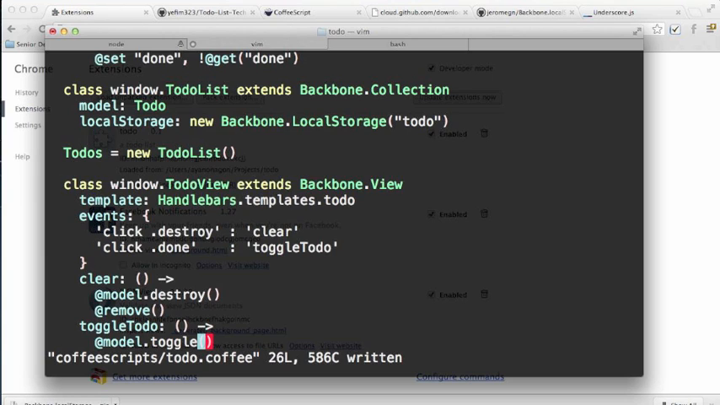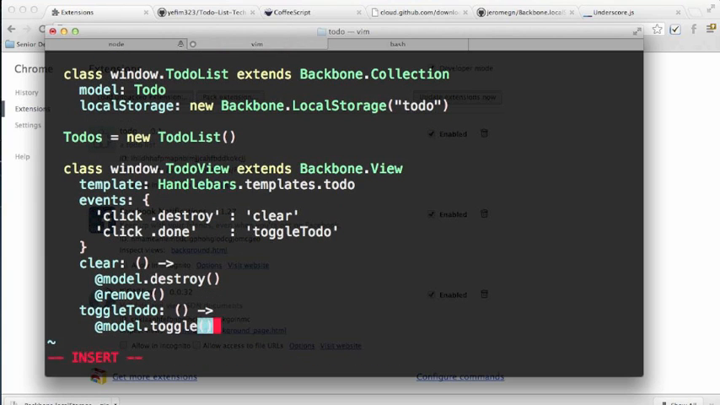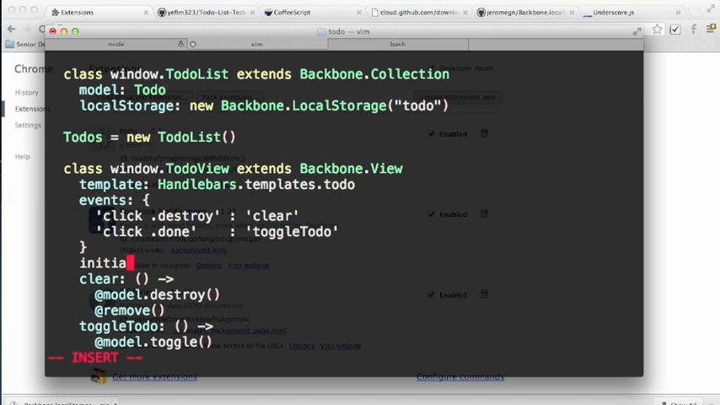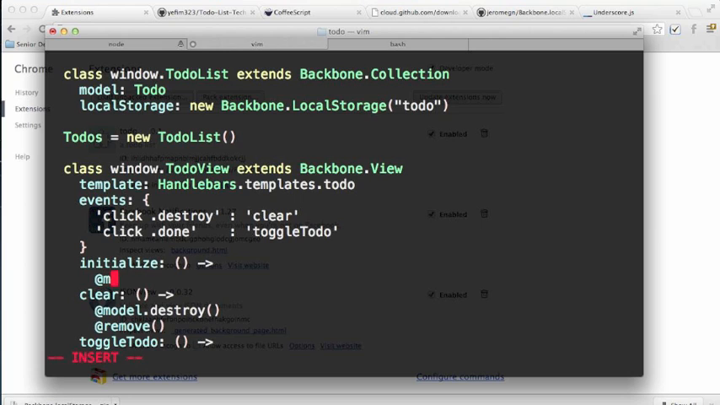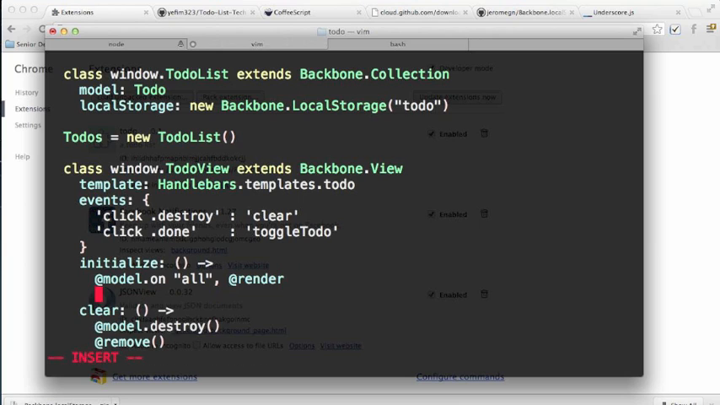Actually, we should create an initialize method. Initialize is a special method in Backbone that is called in the constructor, so when an object is created. And what we want to do is bind events. So whenever anything happens to the model, we're going to re-render the view. So this is the same as doing this. Actually, we should do this,